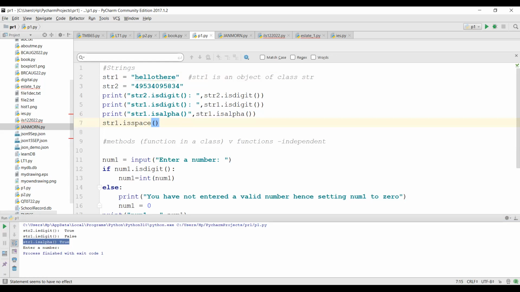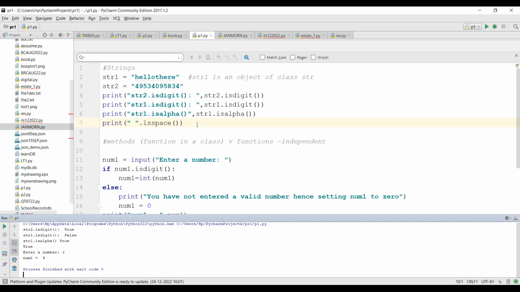Right? So if I say something like print, okay, this is a blank space. This is a string, isn't it? This is going to be true, okay, because it is a blank space. Okay, then you have something called as